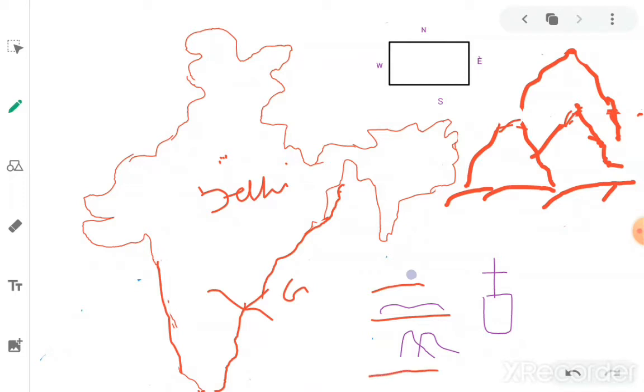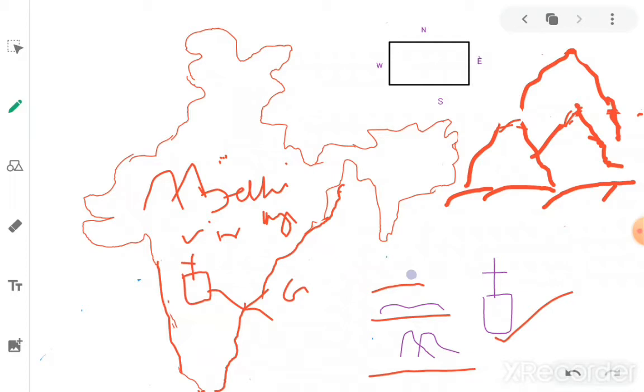And another symbol is there here, mountains. These are the mountains to locate any place in the map. Suppose here the mountains are there. These are the Vindhya mountains, which are located in Madhya Pradesh. Like this we can represent anything. So the symbols are very useful to locate on the map. Here one church is there. Suppose you want to locate a church in any very famous state, so the symbol you can draw like this, a church symbol. Like this we can represent the places.